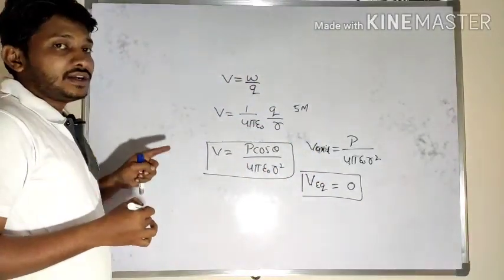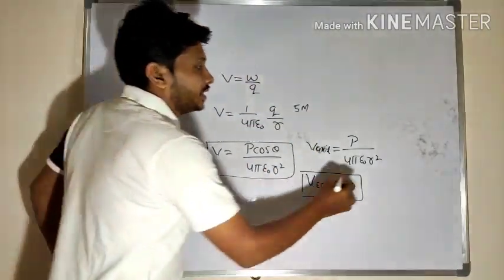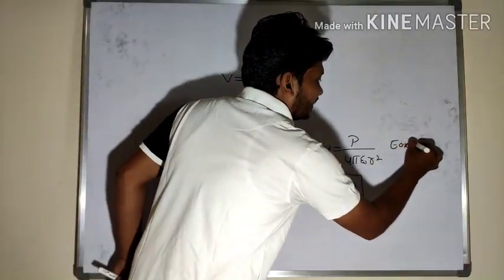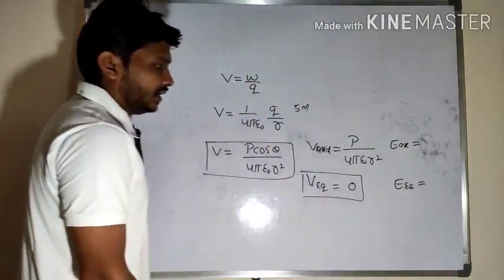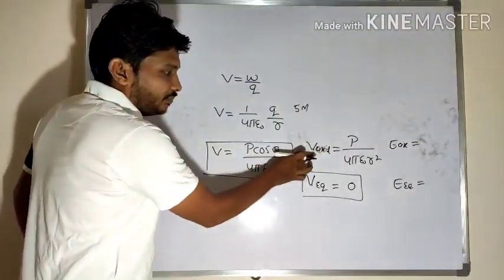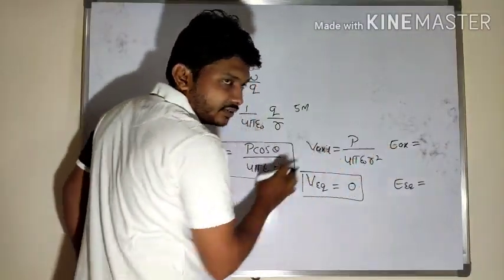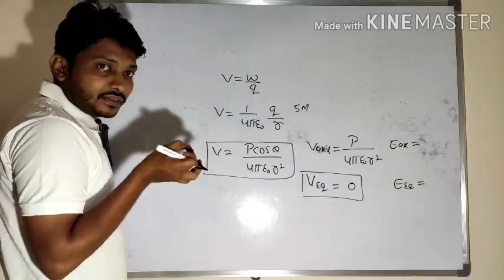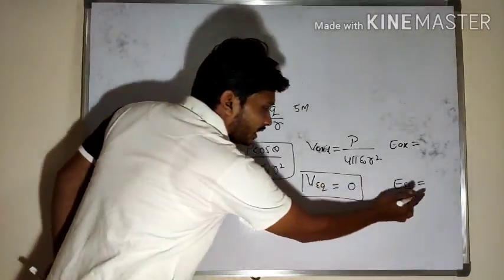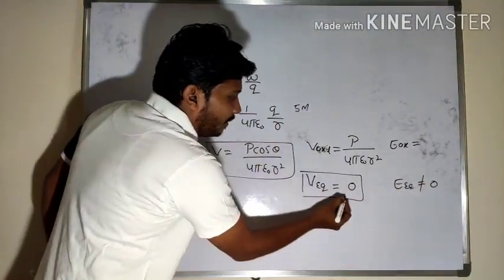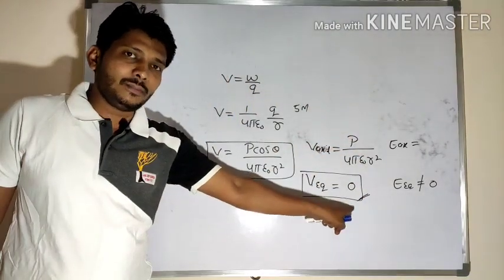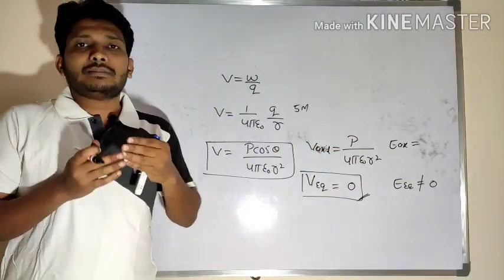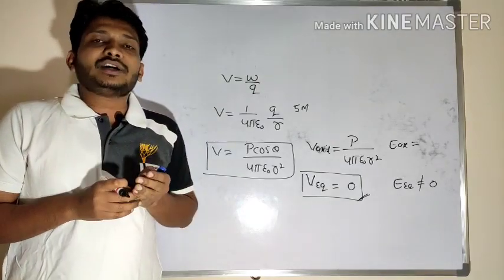Look here. In the chapter on charge and field, we got the equation for electric field at the axial line as well as electric field at the equatorial line. In the case of the axial line, both potential and electric field are present. But in the case of the equatorial line, electric field is non-zero, but the potential value is 0 at the equatorial point. So let me continue with some remaining aspects related to potential.